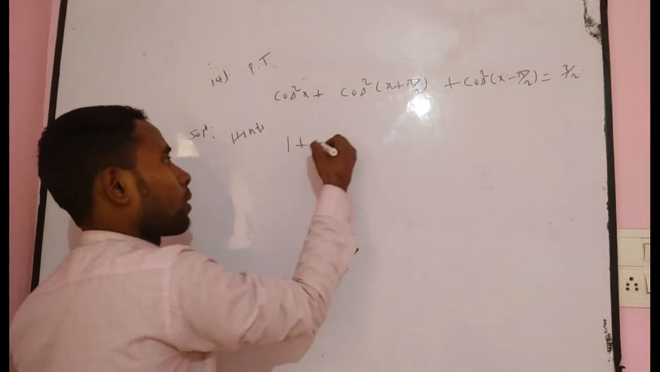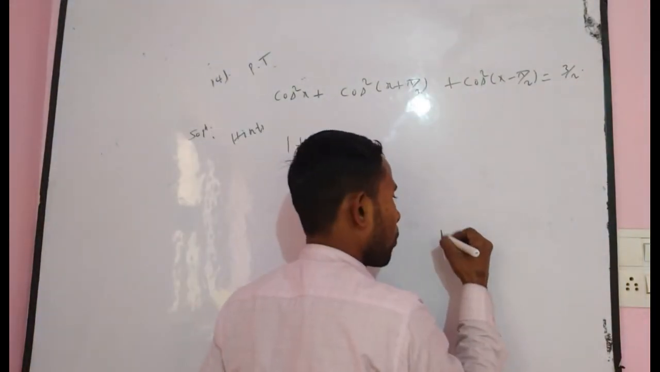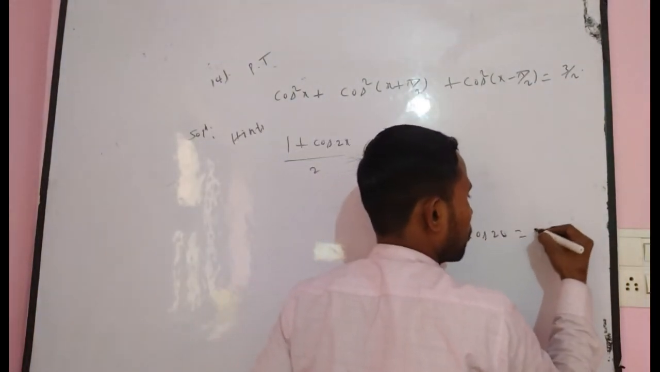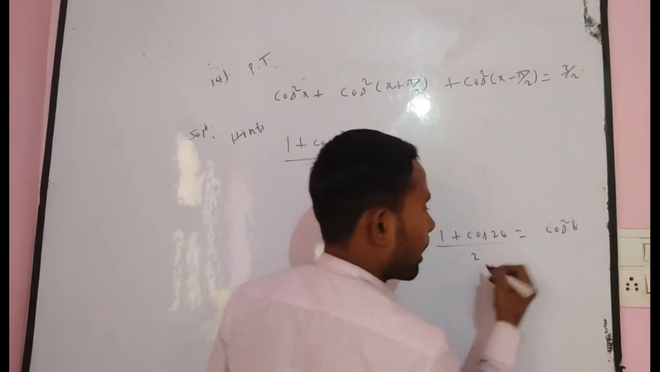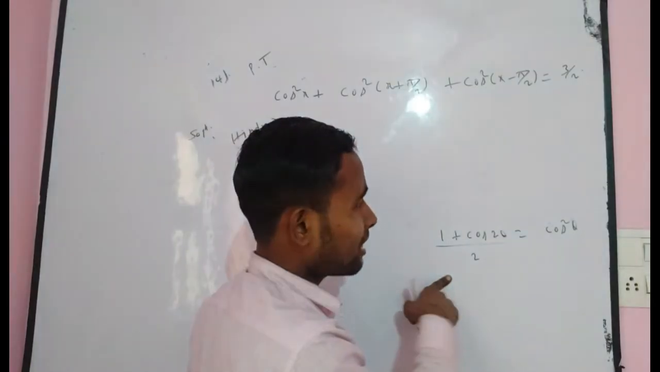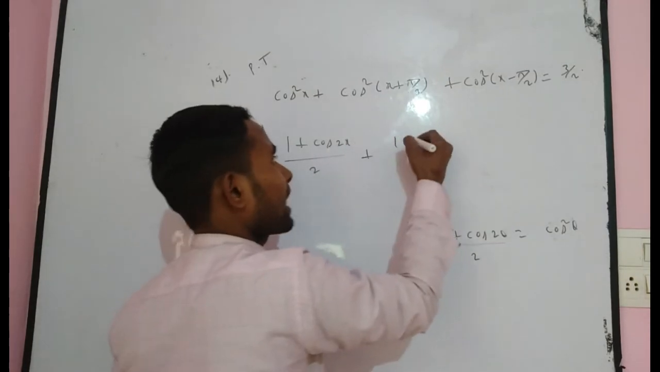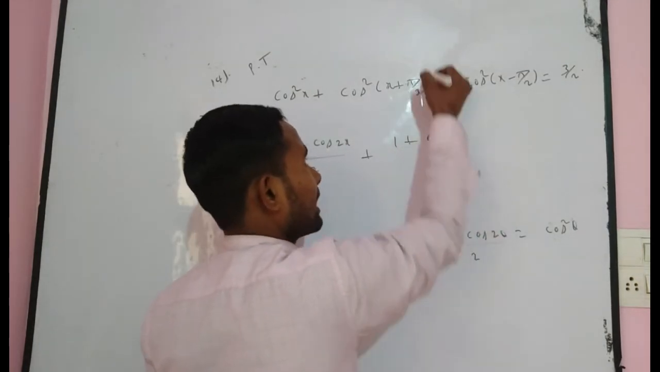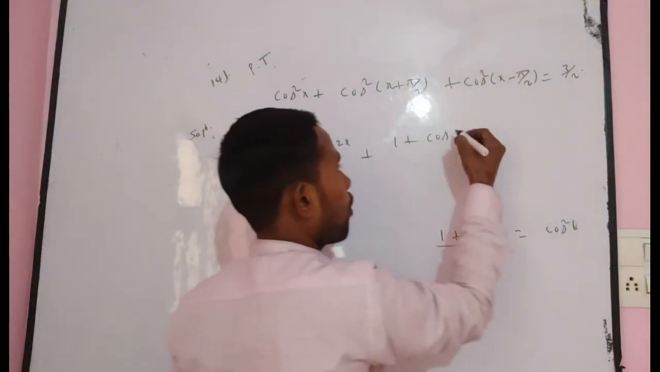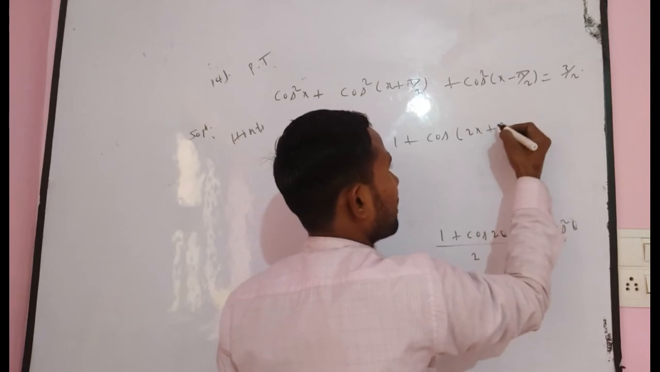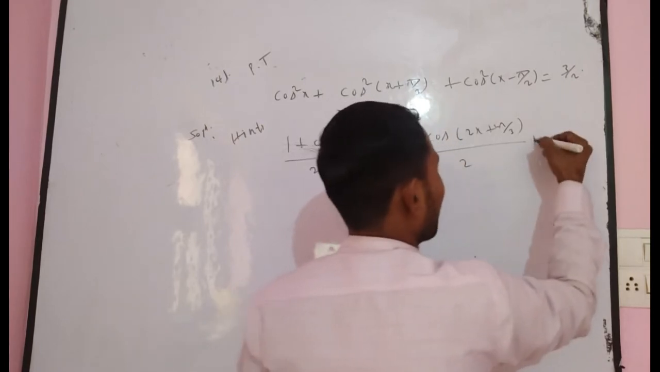Cos²x, can you write it as (1 + cos 2x)/2? Because I have already told you 1 + cos 2θ is equal to 2 cos²θ. In that case, cos²θ equals (1 + cos 2θ)/2. Similarly, you can write here 1 plus cos, where x + π/3 behaves as θ. In that case, can you write (1 + cos(2x + 2π/3))/2? Similarly, this term also can be written as cos